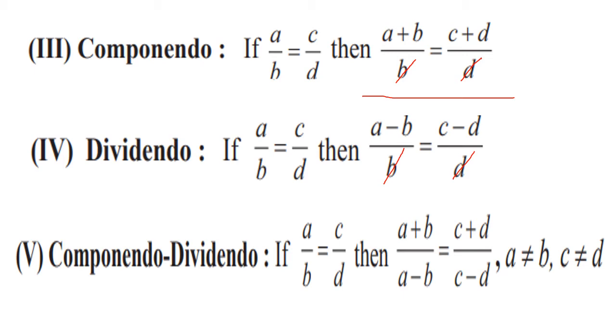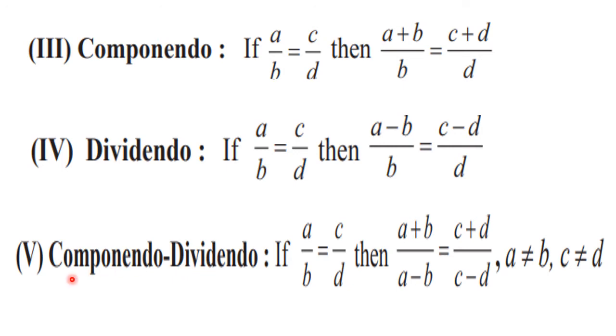Okay, so by combining these two properties, simply by dividing here, we can understand that the last property is what? Componendo dividendo. Okay, that is here we are adding denominator to numerator in the numerator, and we are subtracting denominator from numerator in the denominator. What you will observe is the terms are exactly the same, only they differ by the sign. In numerator you have plus sign and in denominator you have minus sign.